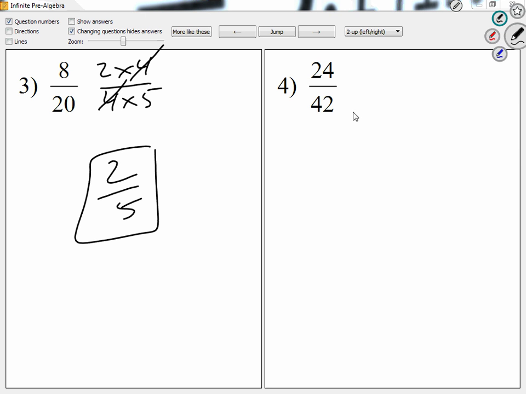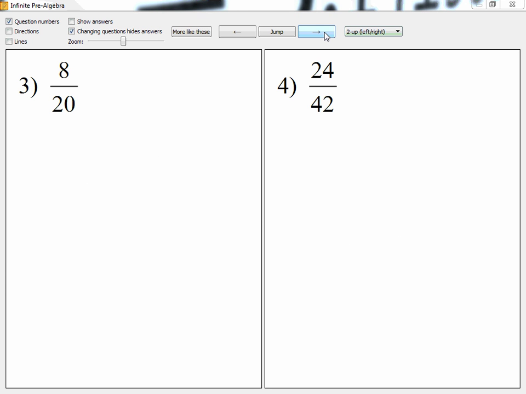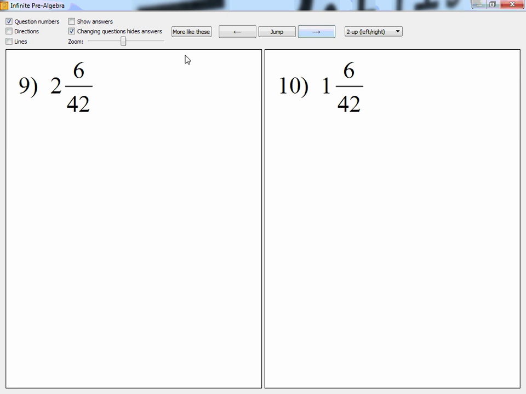Looking at question number 4, give me two numbers that multiply to equal 42. 6 and 7, okay. Try to repeat one of those numbers. Two numbers that multiply to equal 24. 6 times 4. Cancel out the 6's, so we have 4 over 7. And if we can still simplify more, sometimes we can do a little bit more. Let me skip down to question number